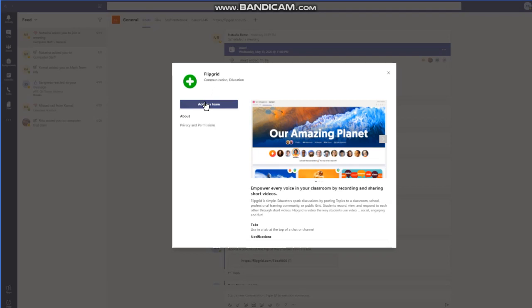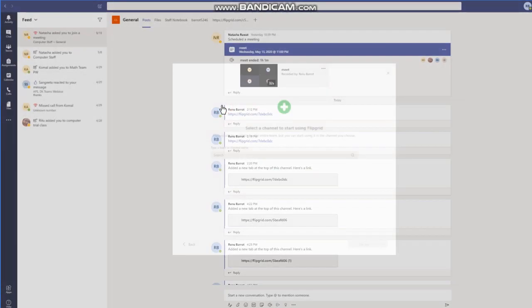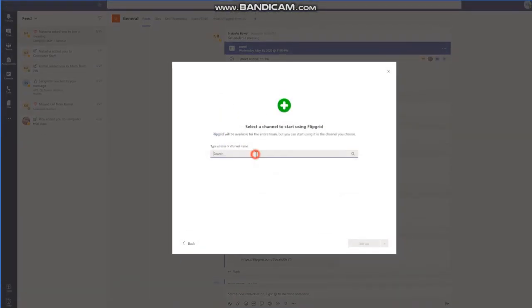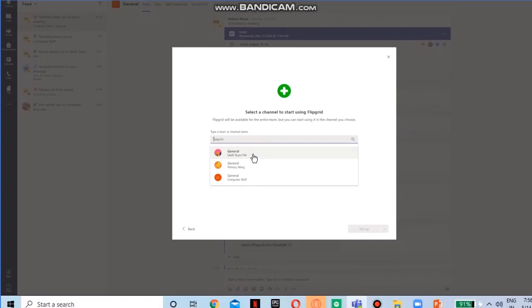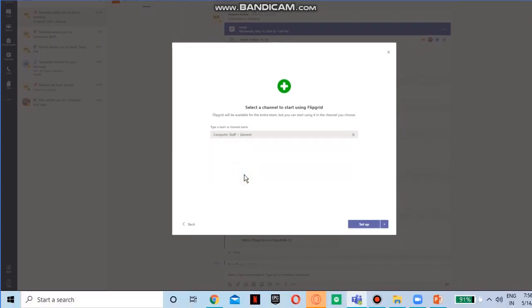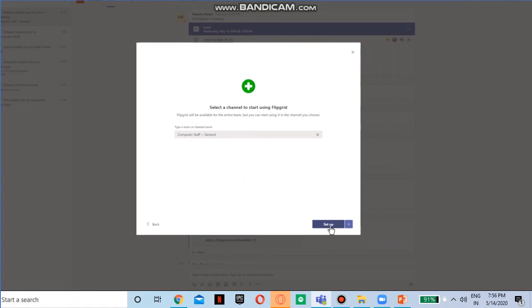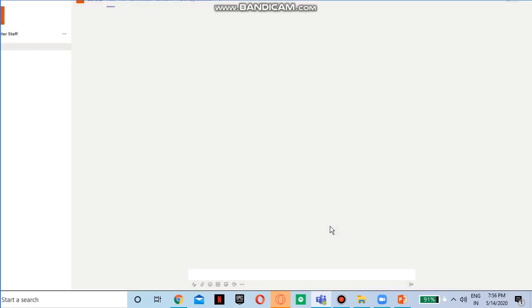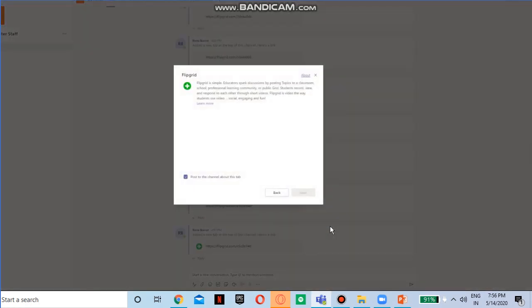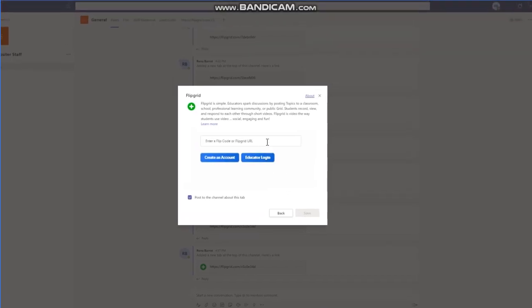Now it is asking with which team you want to integrate this Flipgrid. So I am selecting a team. Click here and select the team. I am selecting computer stars and click on setup. Now it is asking for a URL which we copied from Flipgrid.